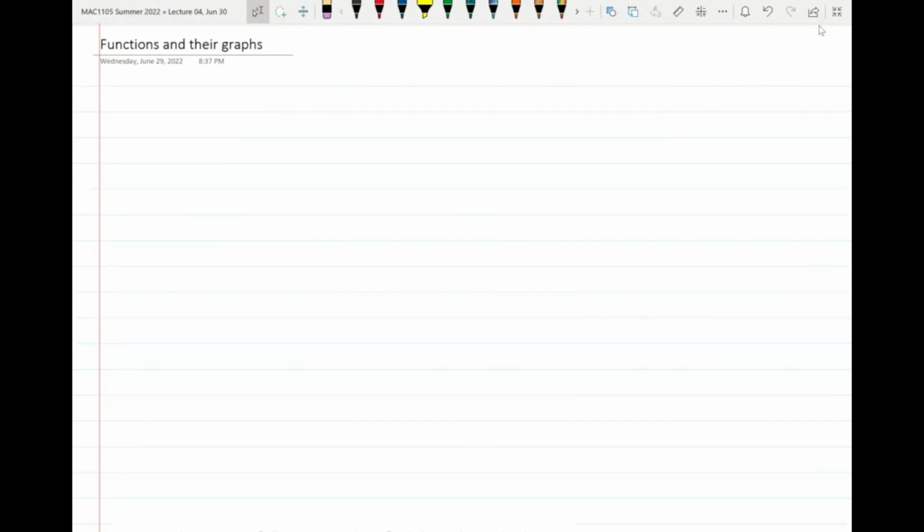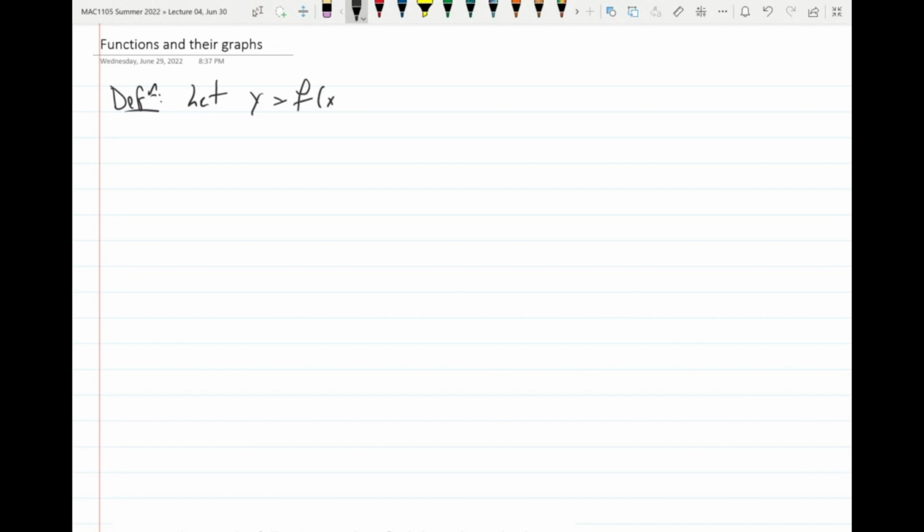This is about functions and their graph. As you know, functions have relations and relations have graphs. Therefore, functions have graphs. Okay? And what's a graph of a function? It's just a collection of all the points x, y that satisfy whatever equation the function is defined by. Okay? So, definition,